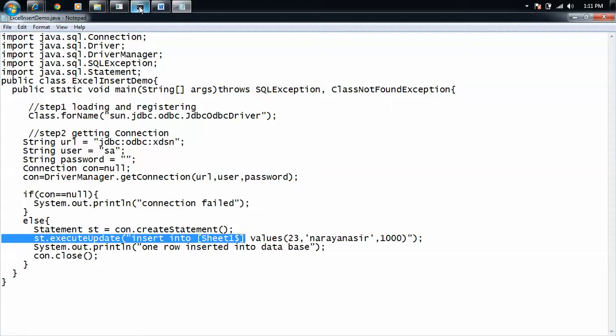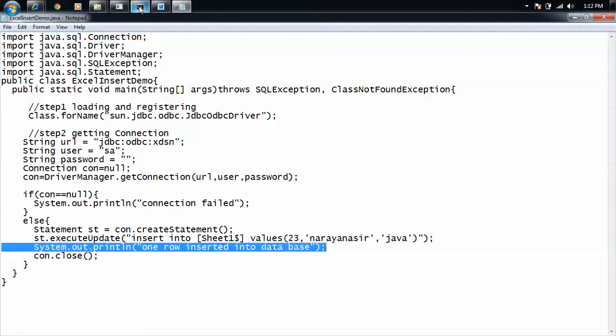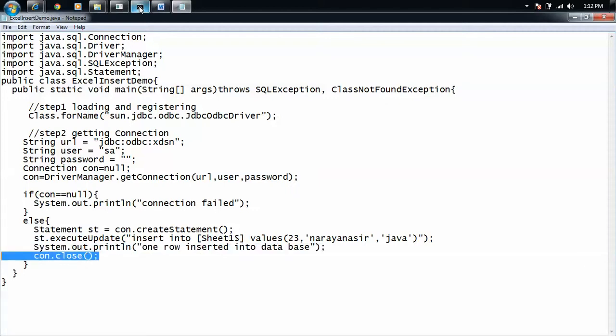Let me say sheet1 of the book1.xls file values 23, Narayana sir as the name, and the course value is Java. System.out.println, one row inserted into the database, con.close. This is the code. Save this file.